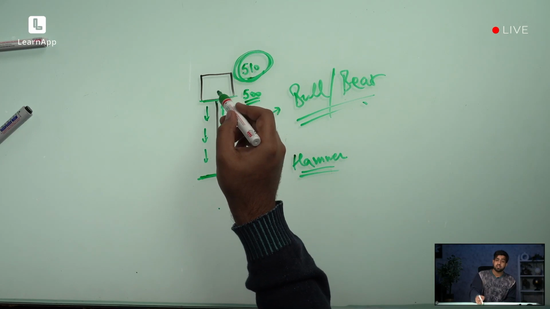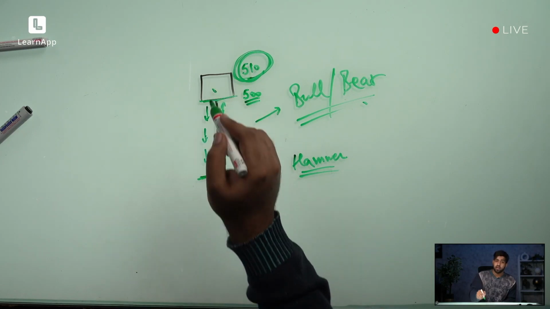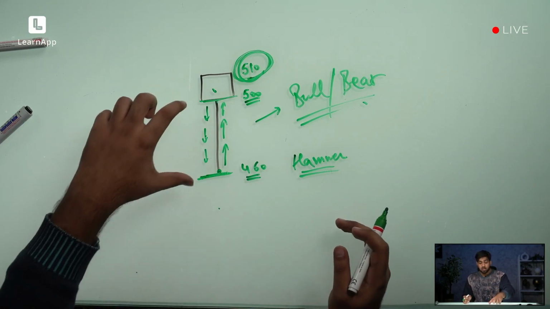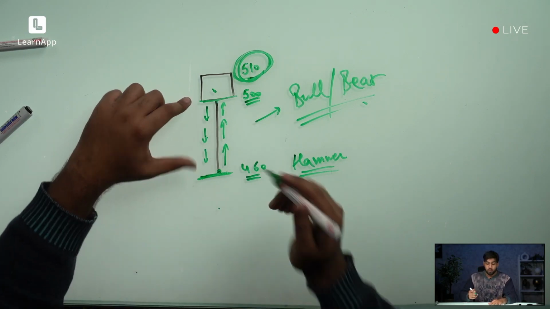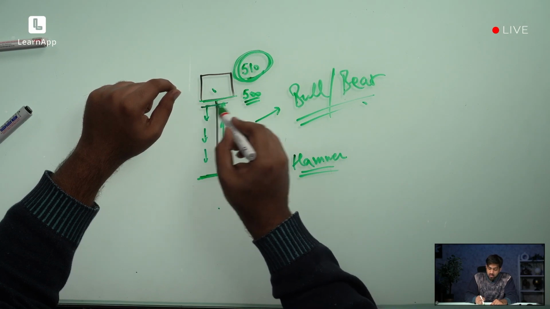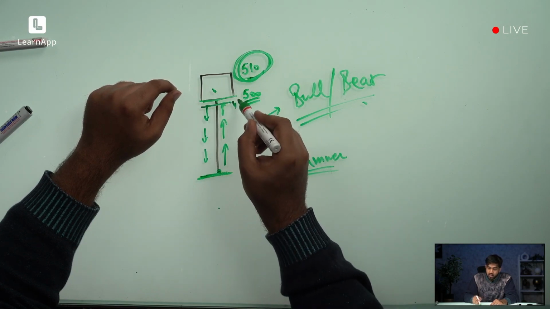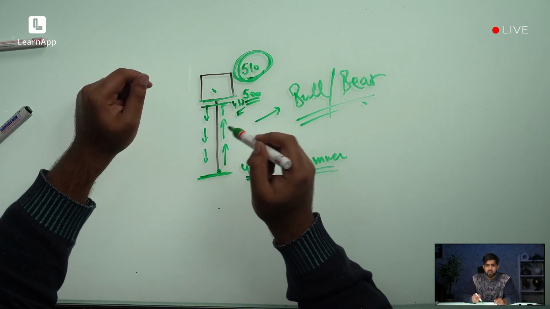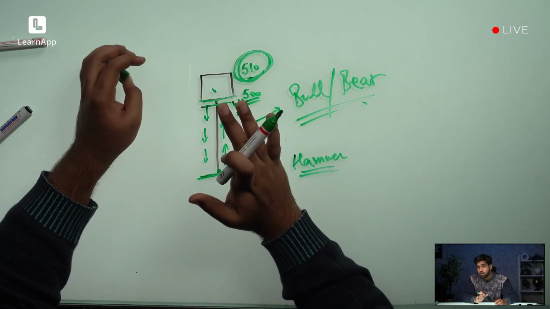This is called the hammer. So the color of this candlestick is green, but even if it is red, it does not matter in the case of a hammer candlestick, because what matters is the longer wick. Because even if it closed at, say, 498, if it would have been closed at 498, then the color of the candlestick would have been red, क्योंकि ओपन